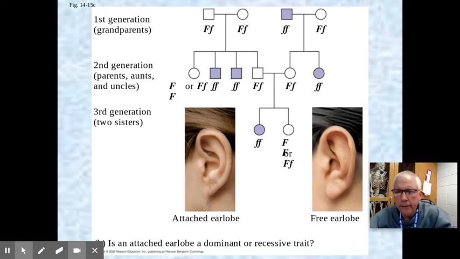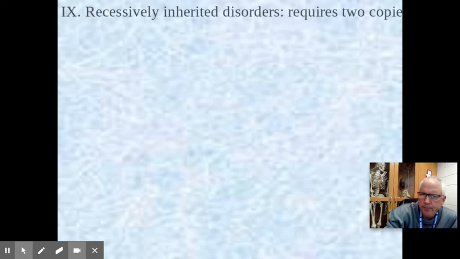So if you don't have the symbols in there, you still can go through and figure this out. So we'll do a little assignment on this where I'll have a dash in there, and you're trying to tell me, is it a big F or a little f or whatever. If we don't know if they're homozygous or heterozygous, then we put a dash in there, and then you can look at the offspring, and you sometimes can figure it out. All right. So pedigrees are kind of fun to play with, and we'll do a little exercise on that